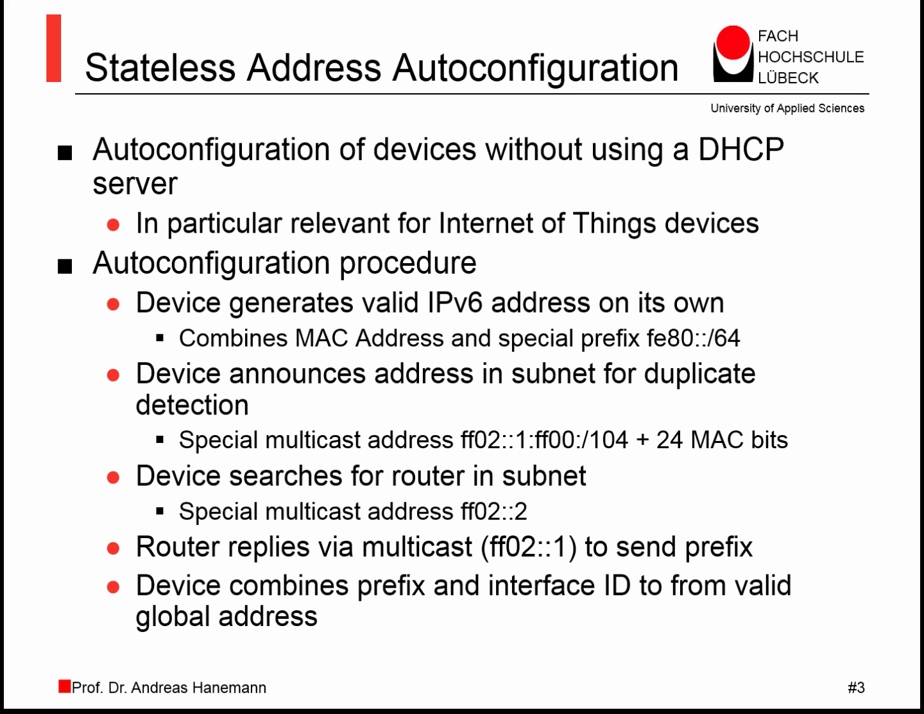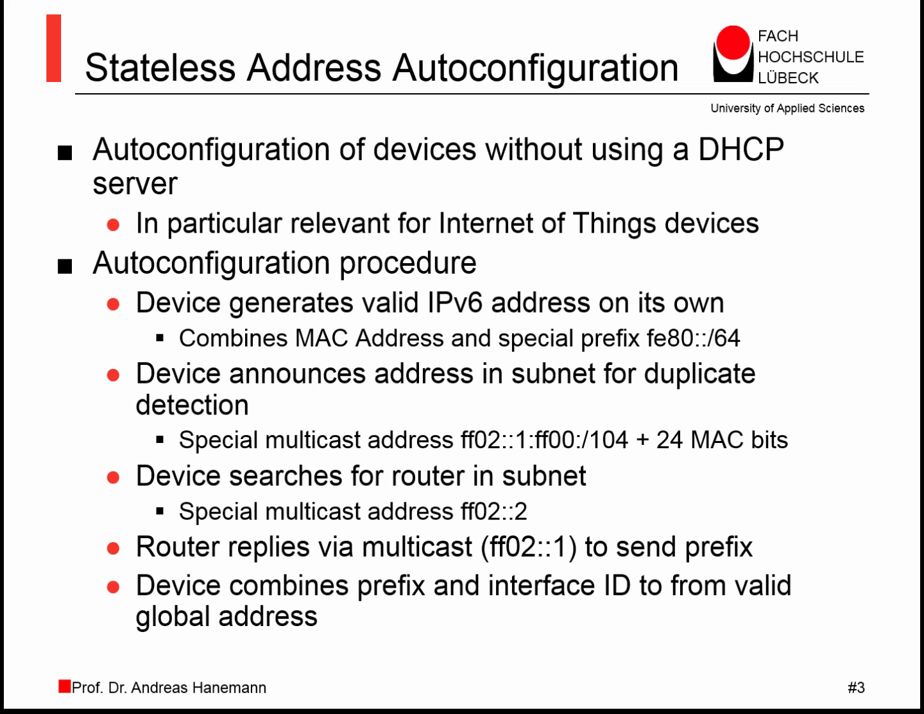A device can generate an IPv6 address on its own. It uses a special network prefix, FE80, and combines it with an interface ID that it has derived from its MAC address. We see more about this on the next slide. The IPv6 address is announced by the device in the subnet to detect whether another device already uses this IPv6